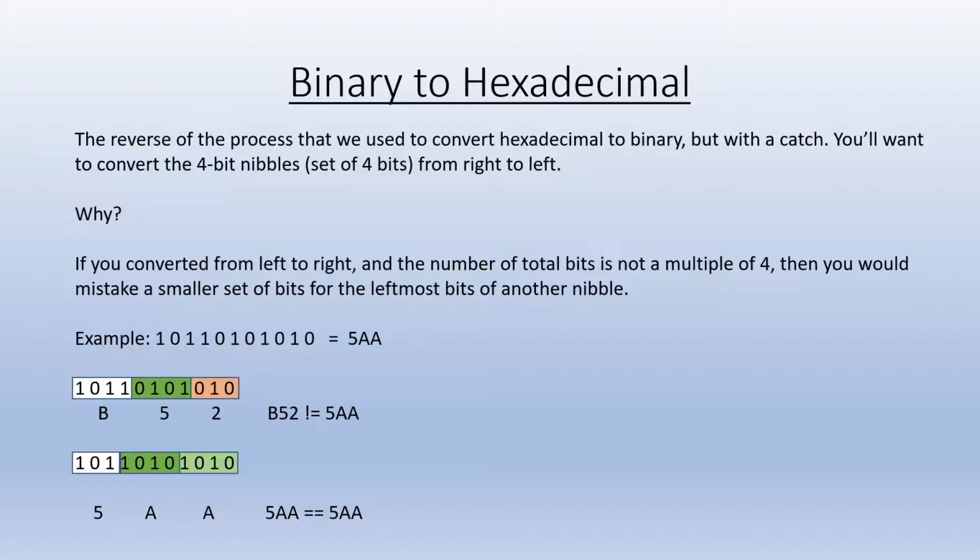You'll want to convert the 4-bit nibbles, and nibbles just mean a set of 4 bits, from right to left. The reason why is because if you converted from left to right, and the number of total bits is not a multiple of 4, then you would mistake a smaller set of bits for the leftmost bits of a different nibble. So in this example, we're going to be converting the binary number